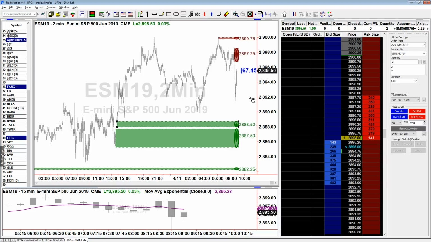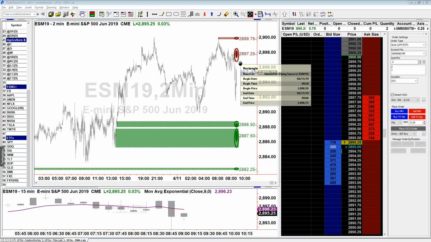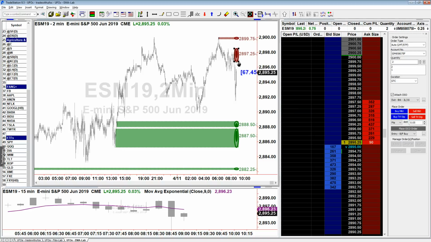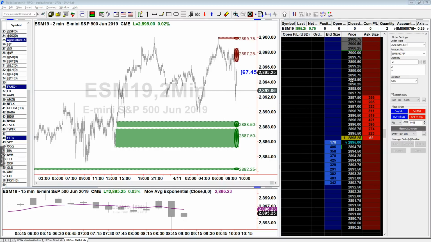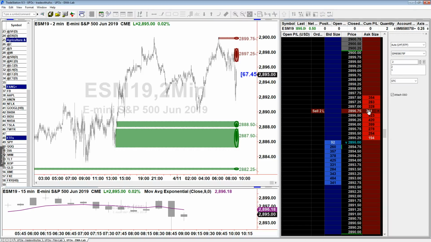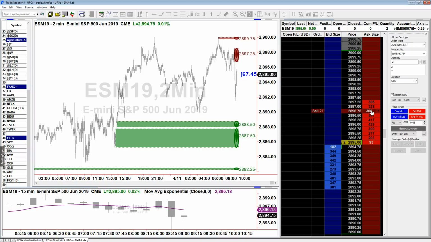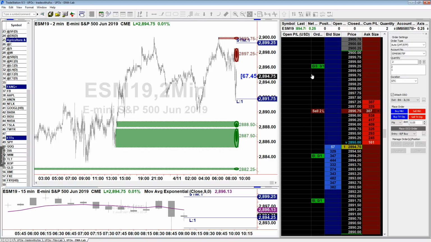288. Okay, so I'm going to set my entry, we said the entry should be at 96.75. So entry 96.75. We're going to be entering on a short. Here we go, 2 contracts. I got the order in. Here we go. Now the stop is going to be a couple of ticks below that.